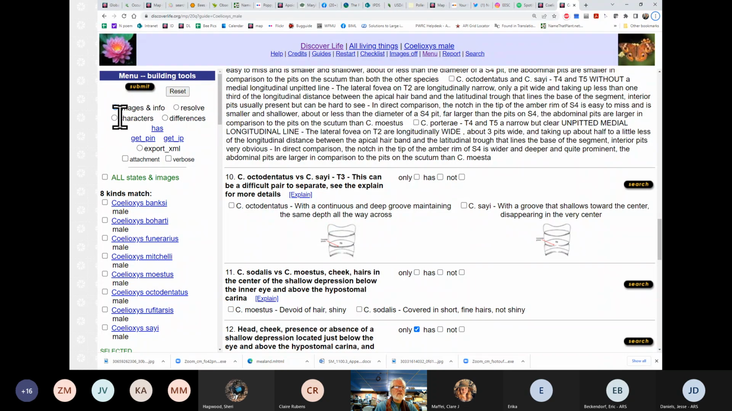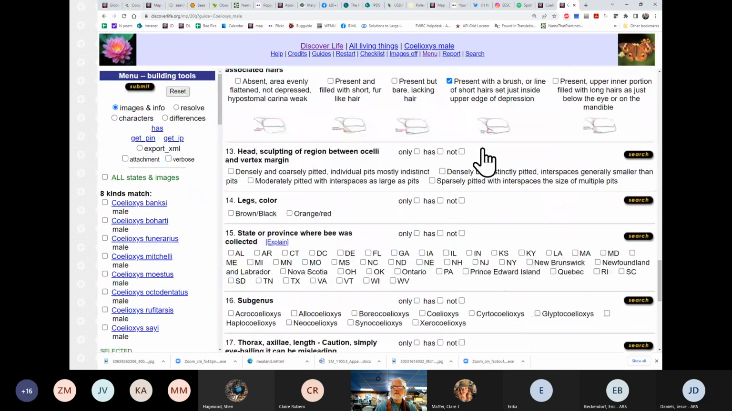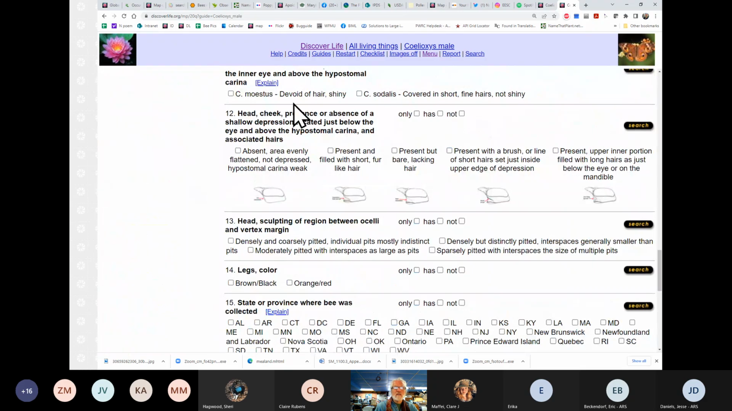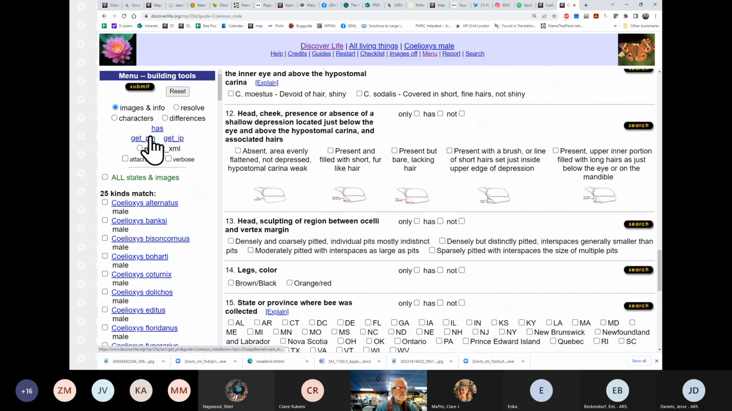our has area, and we'll just do characters. Actually, we need to redo this to get everything on board. Oh, I need to clear off. This is a problem. If you leave any check marks, then it messes up all your subsequent ones using has. You can hit reset at the top of that. So let's look at